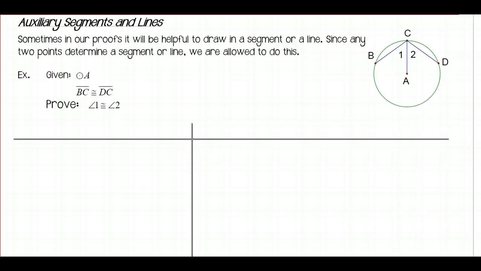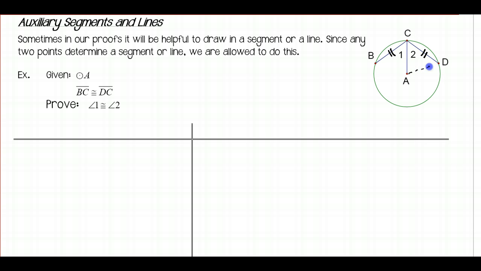example here, I've got circle A, so that means that A is the center, and I've got BC congruent to DC. And somehow I need to prove angle 1 congruent to angle 2. So if somehow I can get 1 and 2 to be parts of 2 congruent triangles, then 1 and 2 would be corresponding parts. So if I draw in